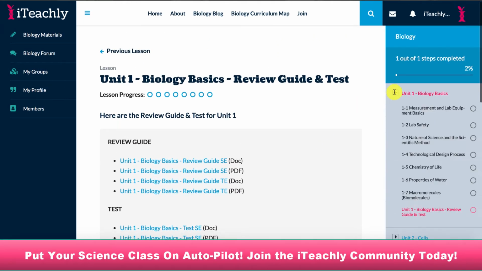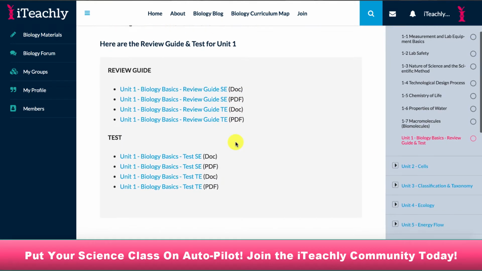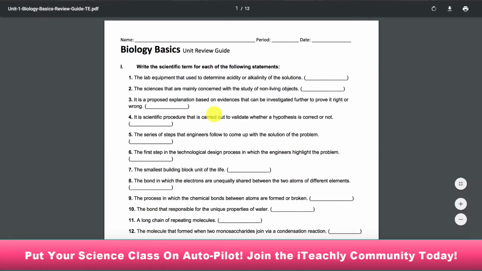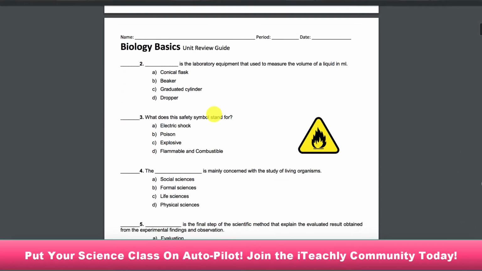Every unit also comes with a test. So if you go over here into the sidebar and let's just click on the Unit 1 test, for example, all of the units come with a review guide and a test. Okay, so if you go ahead and click on the teacher's edition here of the review guide, it just has questions,